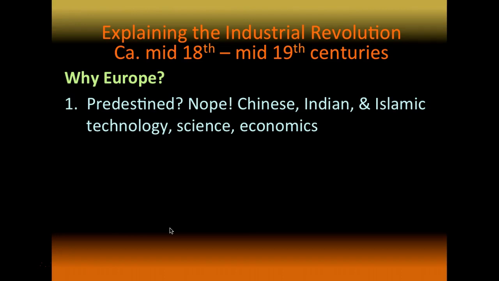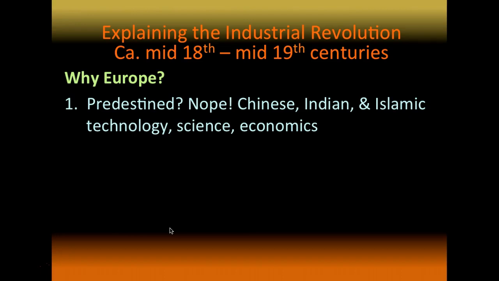Did God decide that Europeans are superior people and therefore should initiate the Industrial Revolution, propelling Europeans to the forefront of the world to make them the most powerful and most special and most wonderful compared to everybody else in the entire world? No, definitely not. It was not predestined, as most of us would understand.